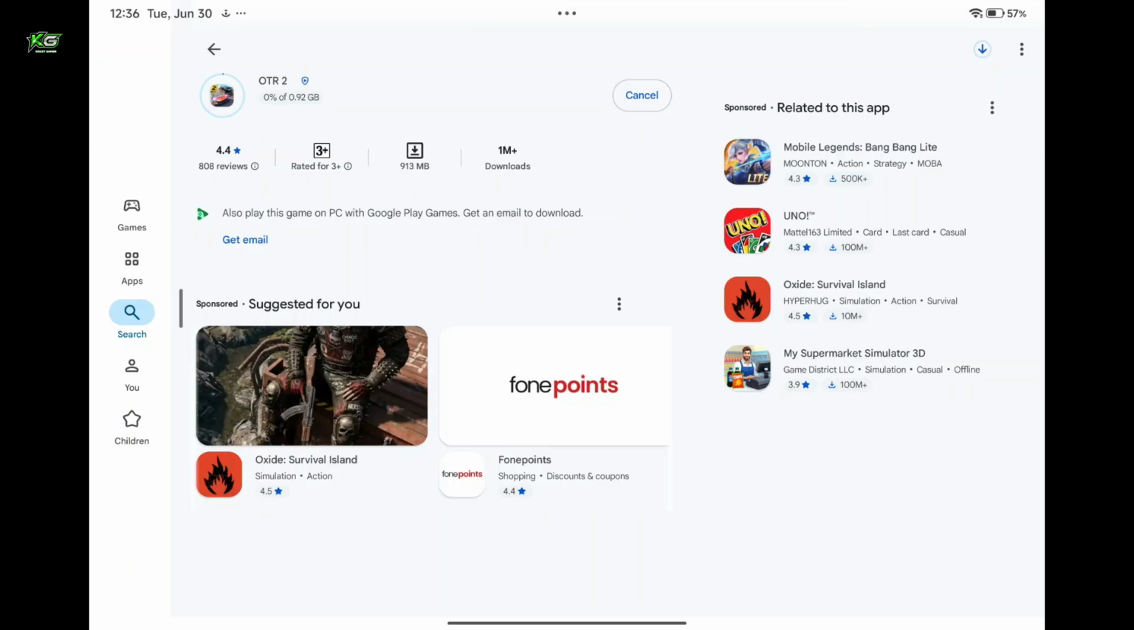OTR2 is available for Android devices running Android 6.0 or later. Also make sure that you have a stable internet connection and verify that your Android version meets the game's minimum requirement. The download process will take a few minutes depending upon your internet speed. Simply install it from the Google Play Store and wait for the installation to finish. After it finishes, launch the game and get ready to explore the game's massive open world filled with off-road